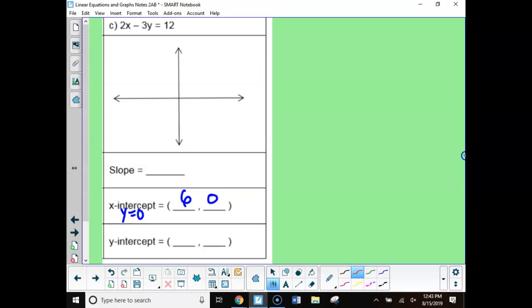If I go back and I want the y-intercept, I put in x equals 0. If I put a 0 in there, I'd have 2 times 0 is 0. All I have left is negative 3y equals 12. If I divide both sides by negative 3, I get what? So I have 0, negative 4. Now, if I plot those 2 points, over 6 and up 0, across 0 and down 4,